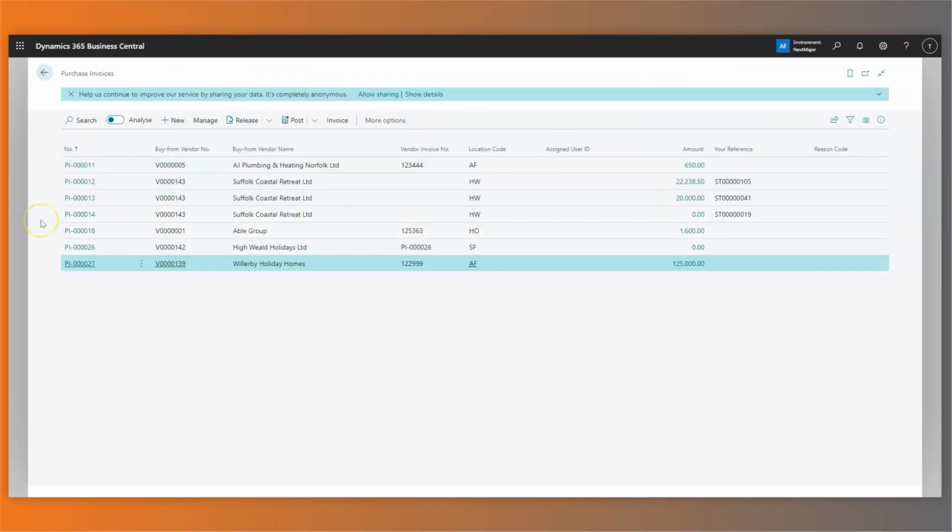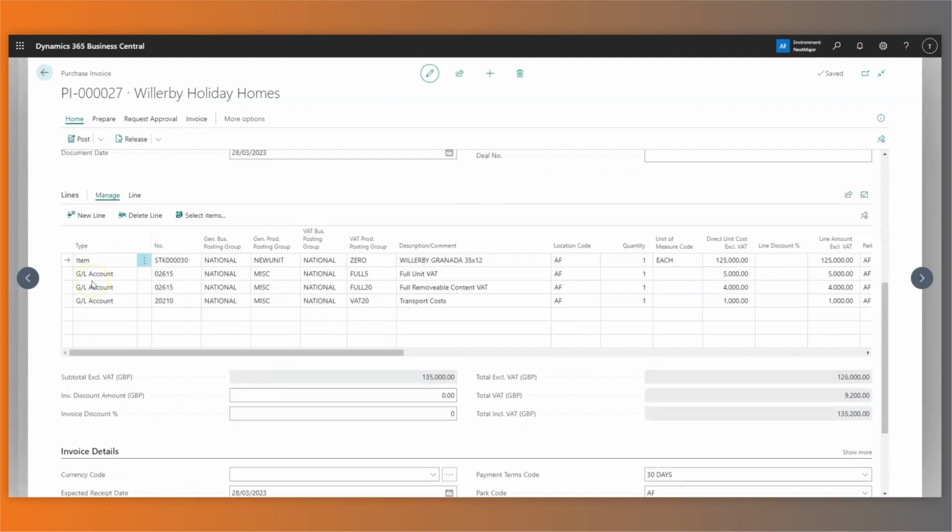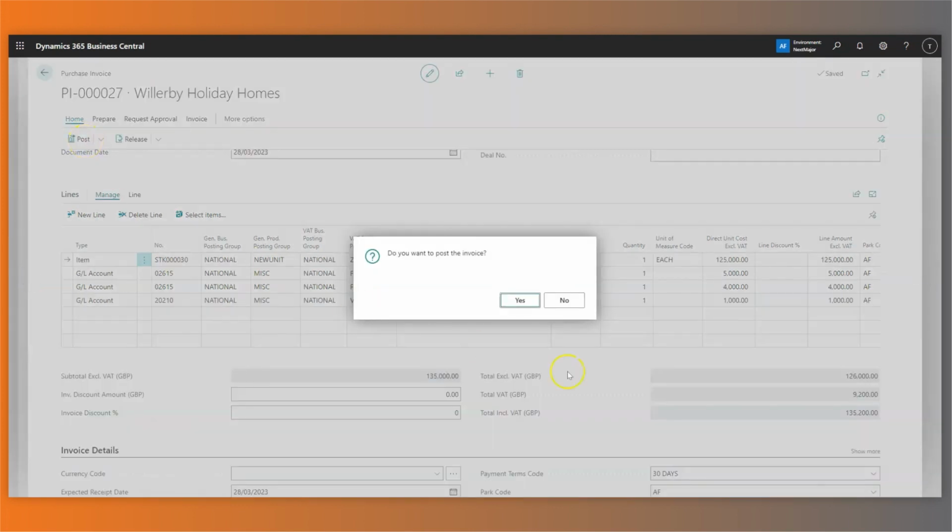There is now the added ability within EliteParks to add additional lines on unit purchase invoices. If we drill into one of our purchase invoices and navigate down to our receipt lines, you can see that I have added another line to cover our transport costs. If I now post this set purchase invoice,